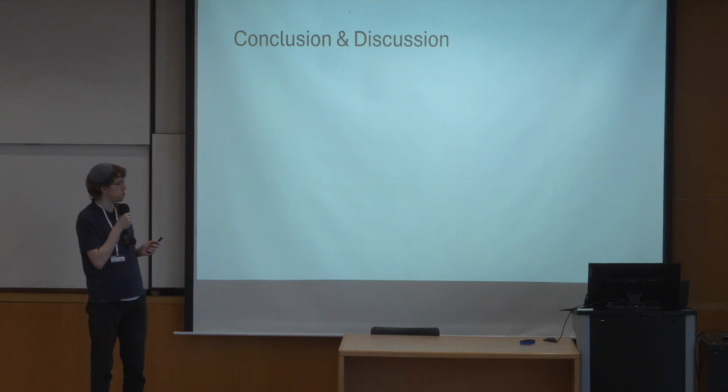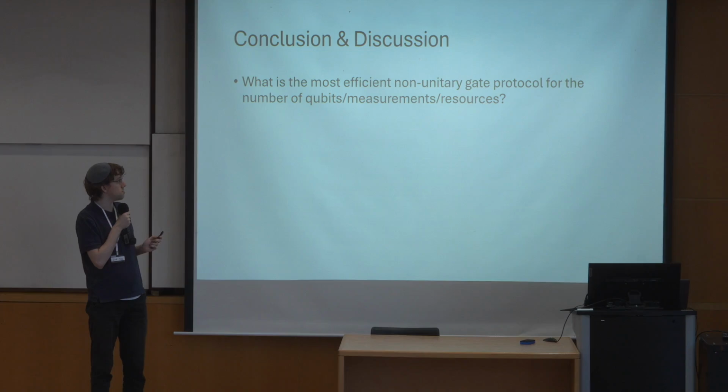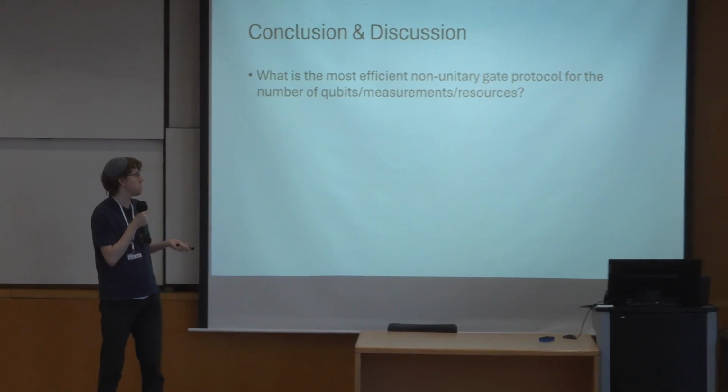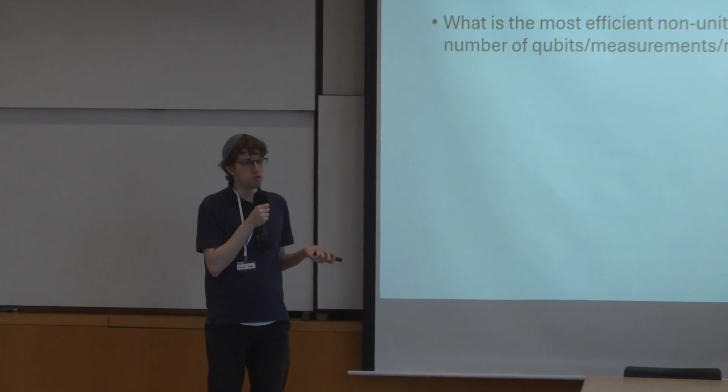Okay, so let me conclude here. There is a protocol, but we don't know what is the most efficient protocol. We showed one non-unitary gate, but maybe if you want to implement very complicated non-unitary gates, you may have much better protocols, because one point people can ask is why not just use the circuit-based approach and implement the non-unitary via block encoding and so on. This gives us the idea of what resources are needed for this non-unitary gate. What happens when the qubits are noisy? Is this protocol robust enough?